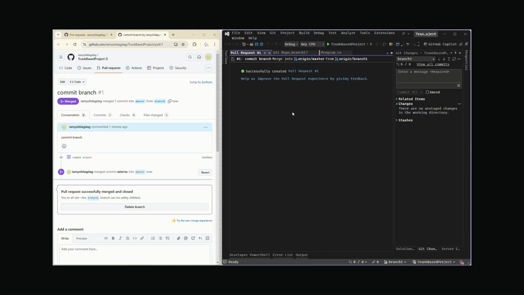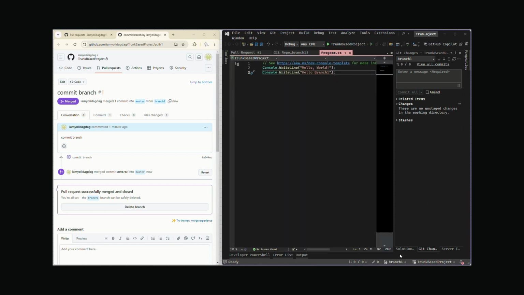If we go back to Visual Studio, we are still in branch 1. Take note that we have here console.writeline hello branch 1. If we switch to master branch, the hello branch 1 is not displayed, although we've already merged it in GitHub. So what do we do? We need to